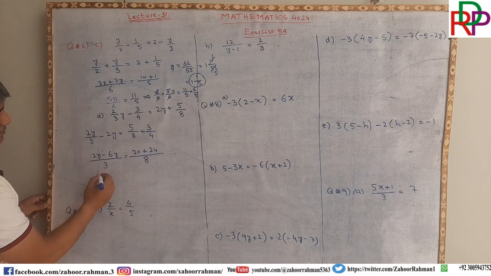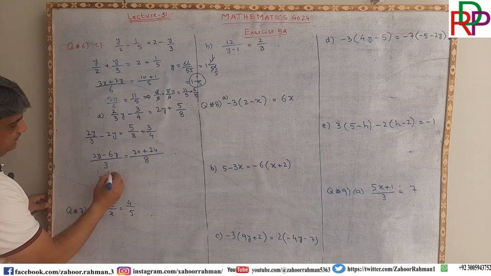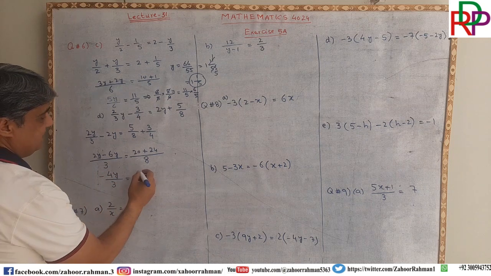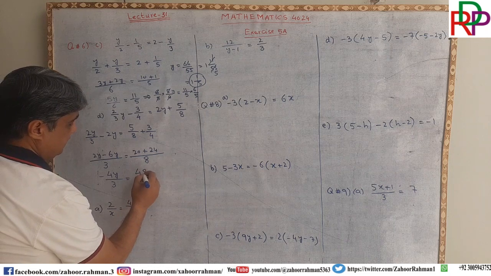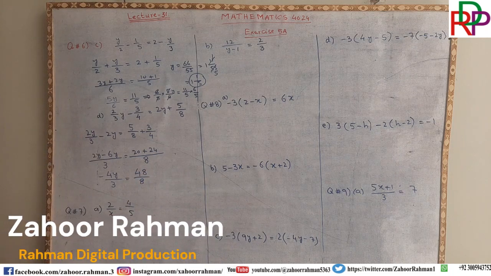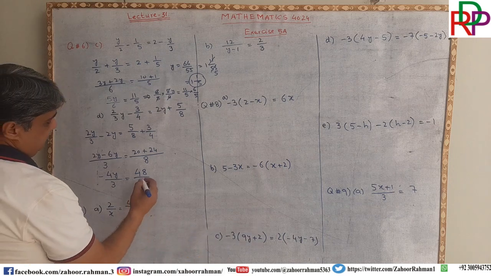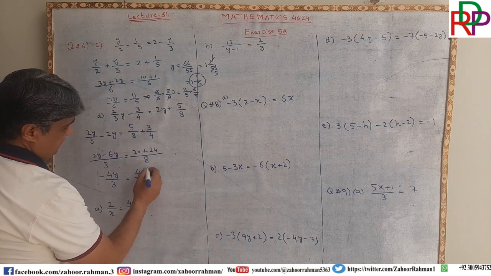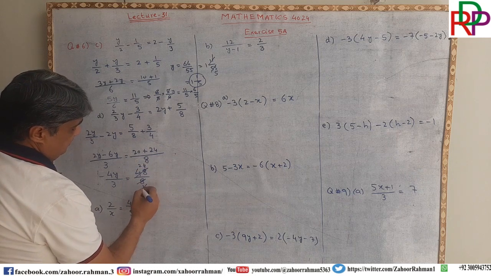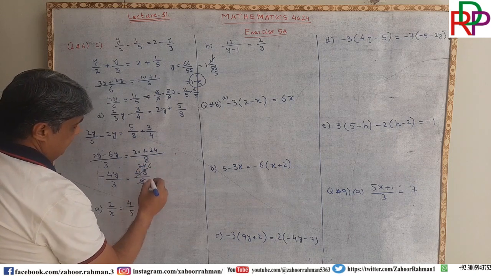So 2y minus 6y will give you minus 4y divided by 3, and that will be 48 divided by 8. 2 fours are 8 and 2 24s are 48, 4 ones are 4 and